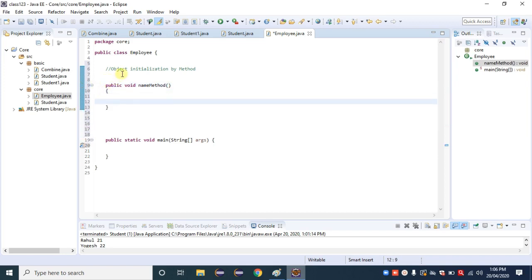So here we need a parameterized method. First I am declaring a variable, String name. We can use any variable here.